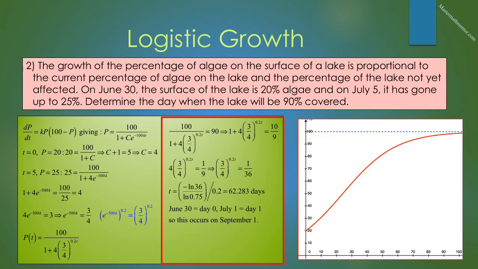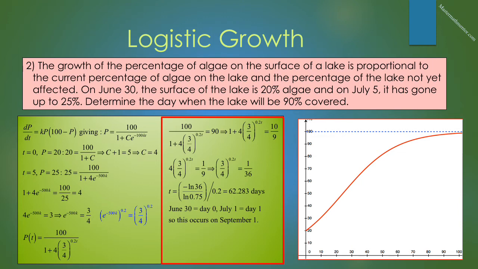That gives 4 times (3/4)^(0.2t) equal to 1/9, and (3/4)^(0.2t) therefore is equal to 1/36. Taking the natural log of both sides and doing some algebra, we get t to be negative natural log of 36 over the natural log of 0.75, all divided by 0.2, which is